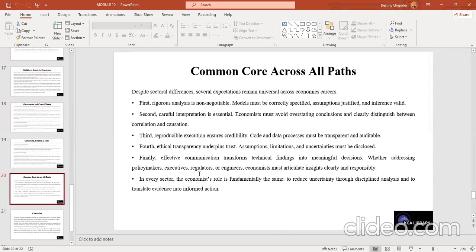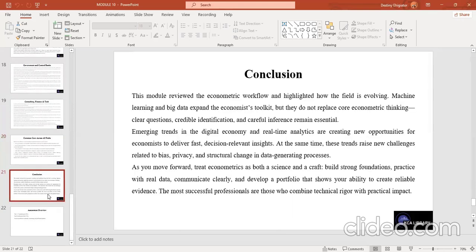In every sector, the economist's role is fundamentally the same, that is, to reduce uncertainty through disciplined analysis and to translate evidence into informed actions. By way of conclusion, this module reviewed the economic workflow and highlighted how the field is evolving. Machine learning and big data expand the economic toolkit, but they do not replace